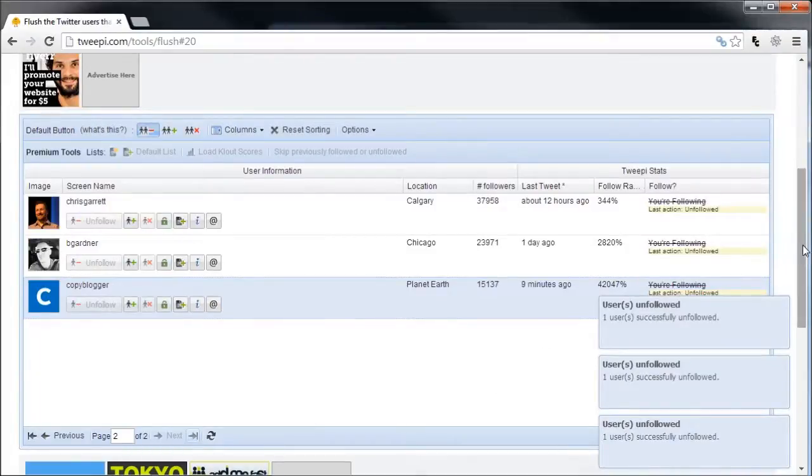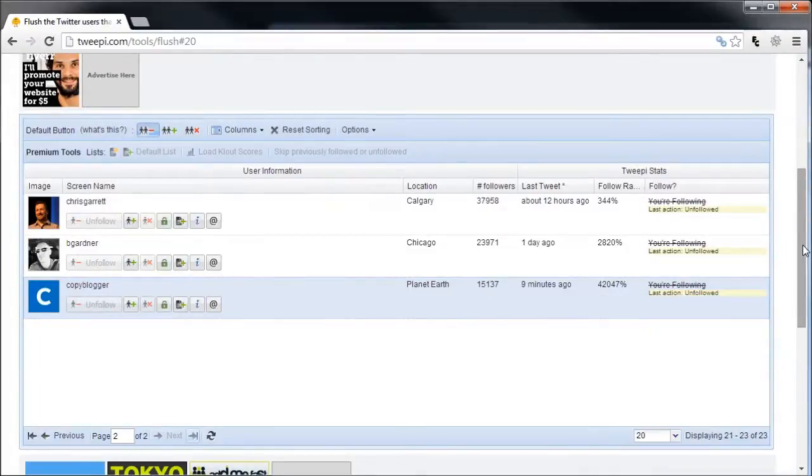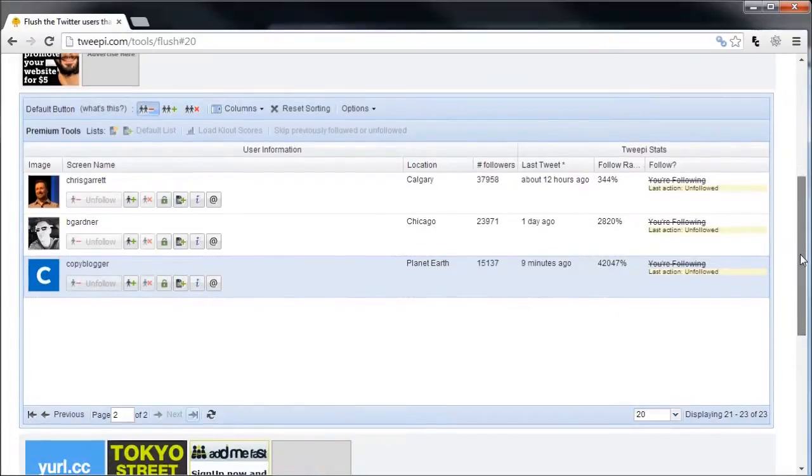And I would probably recommend, maybe if you're going to do this daily, 20 to 30, but if you're going to do it one big hit, I probably wouldn't go over 40 or 50 unfollows. Twitter is very particular about stopping people from just mass following and mass unfollowing people, but it's a very simple tool just to bring up people who you are following and aren't following you back, and you can simply go through each page